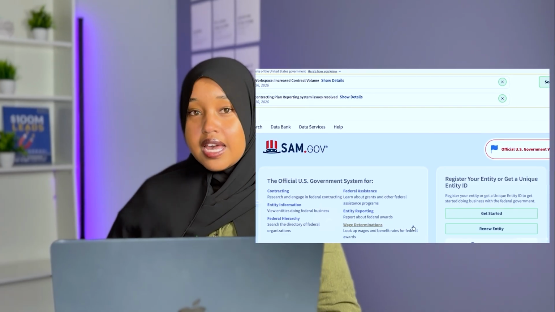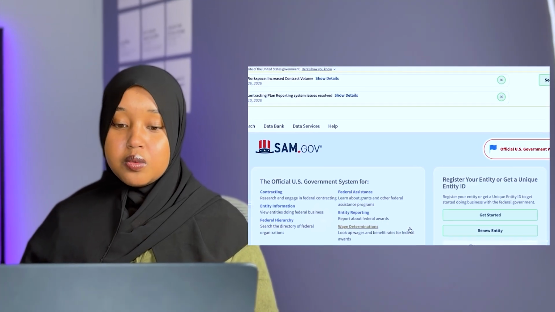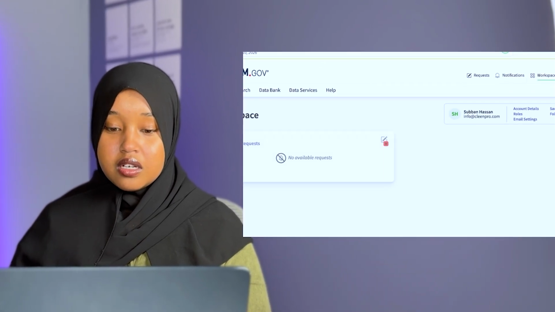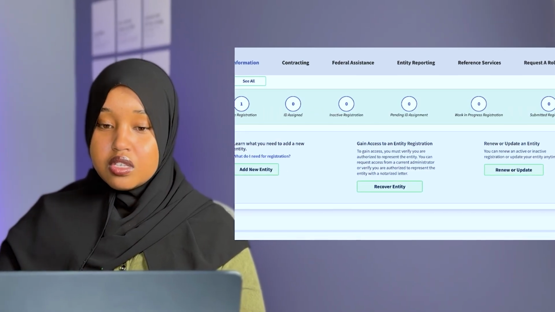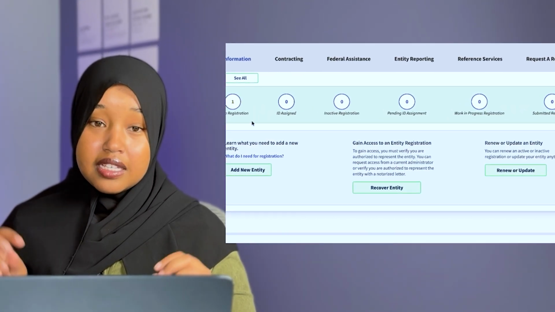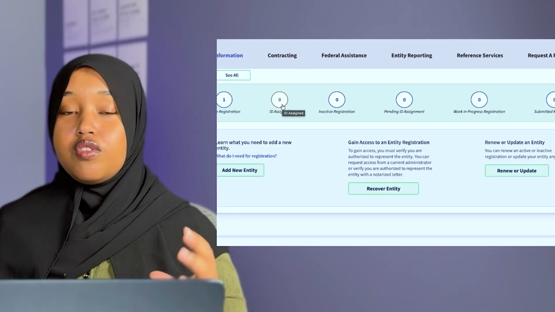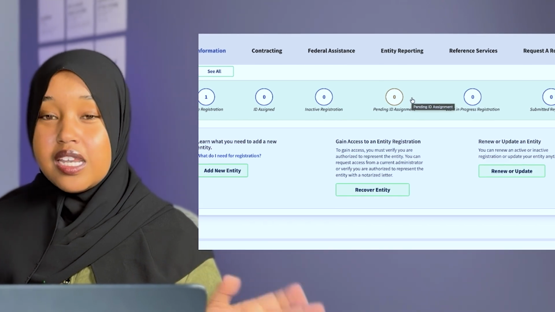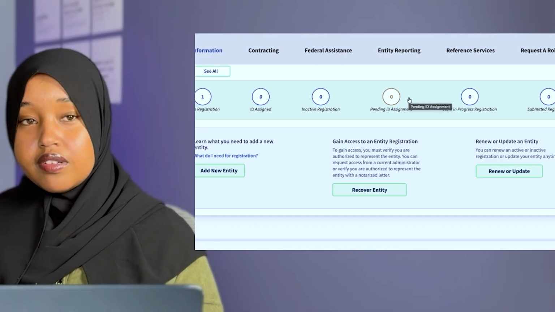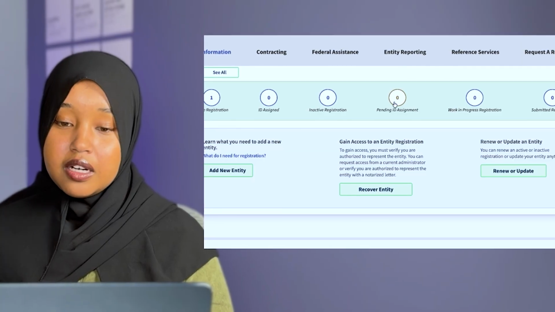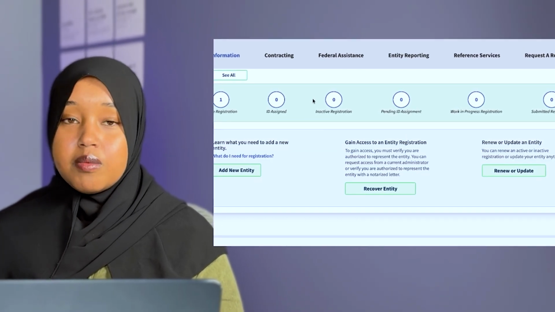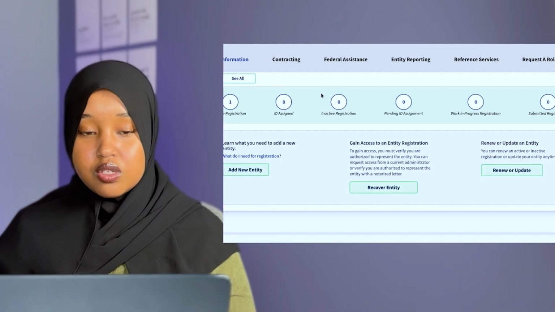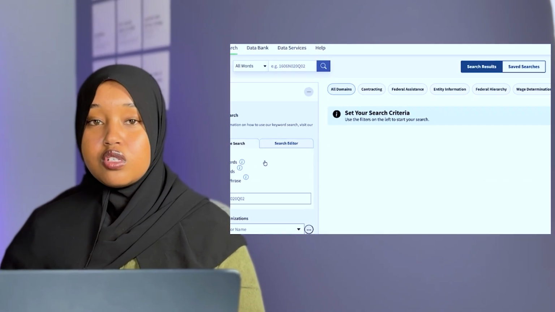Today, I will show you the process of logging in on SAM, assuming that you have an active UEI number and an active CAGE code. So you will go to SAM.gov, and you will sign in if you have an active user. Again, our company has an active user, and here you will see if your company has an active registration. If you only have a UEI number, it will show here ID assigned. And if you have a pending assignment, meaning that your company is being reviewed for you to get an ID assigned, it will be on here, pending assignment. If your company is due for registration, it will go in active registration as well. You will have to renew your registration every single year.